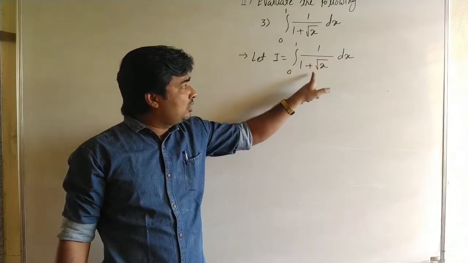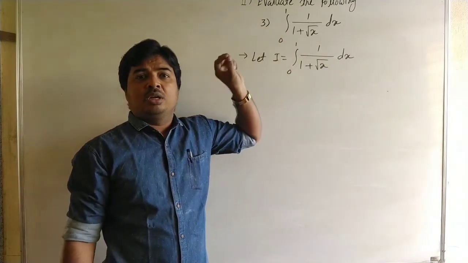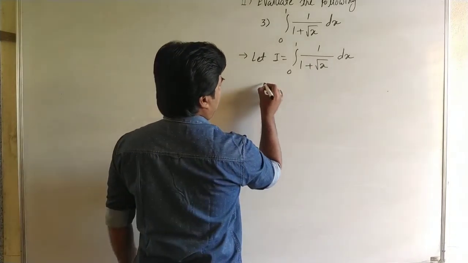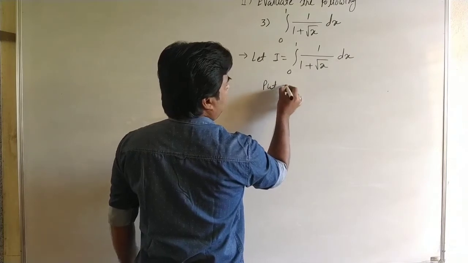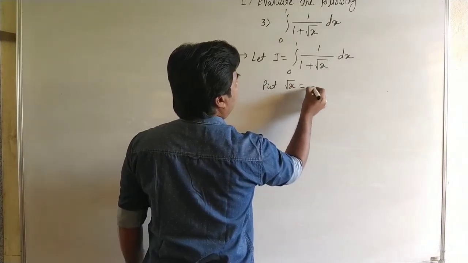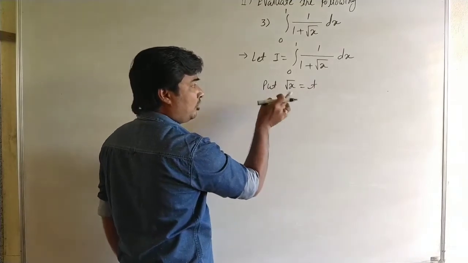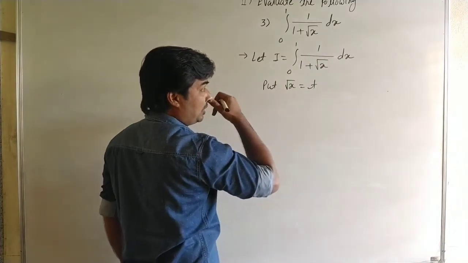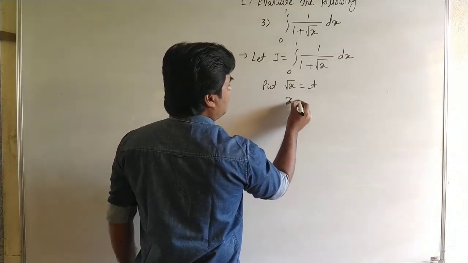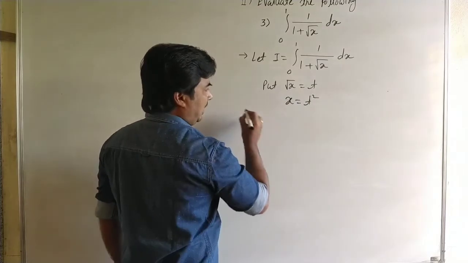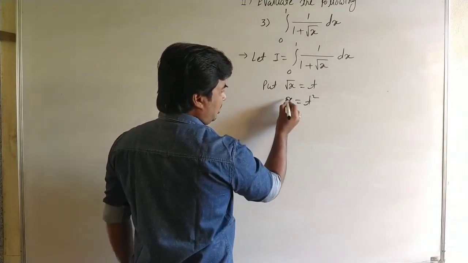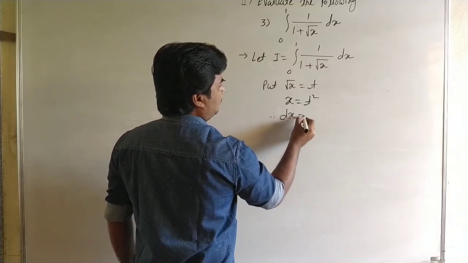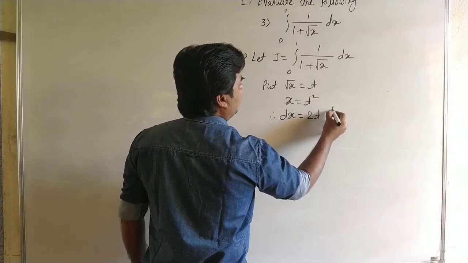and here it is 1 upon 1 plus under root x, here is only this function, so here we put under root x is equal to t. Okay, here substitution, put under root x is equal to t. But the derivative of under root x is 1 by 2 root x, and which is not in the multiple of dx, so here we can write x is equal to t square. Okay, and now differentiate with respect to x, then here it is 1 equals 2t dt by dx, so we can write dx is equal to 2t dt.